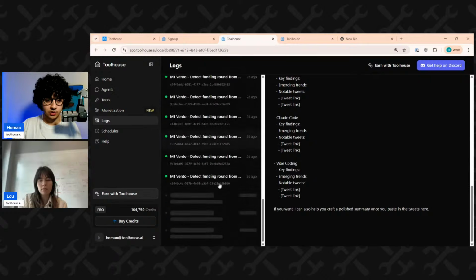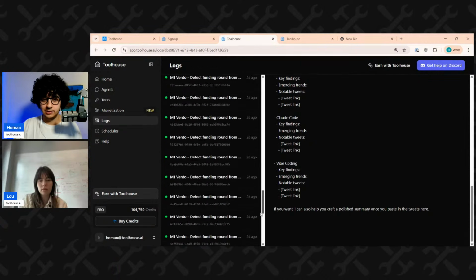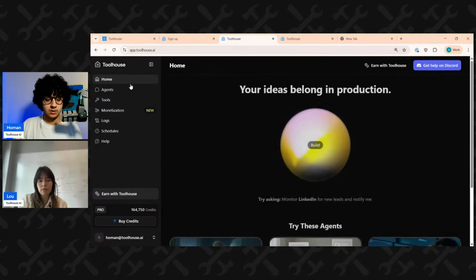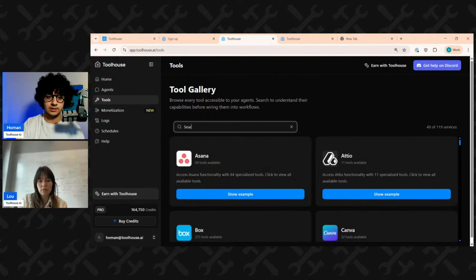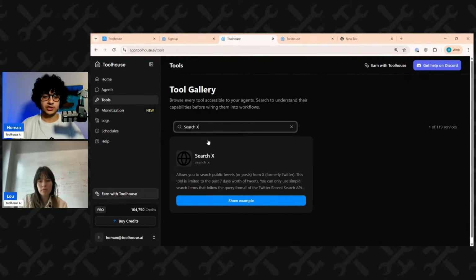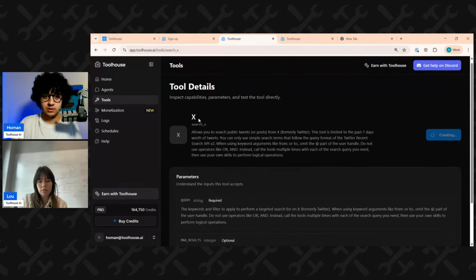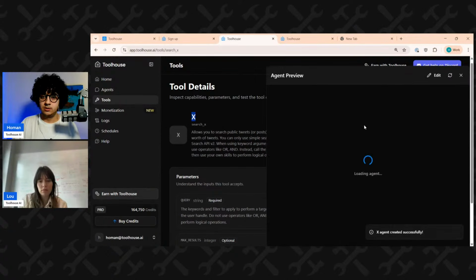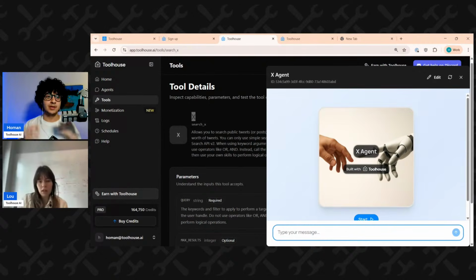I can probably show you a quick run from one of my agents that is using some tools. You know what? Actually, let's build an agent. Let's go to our tools gallery, same place I showed you. Type in search X. It's going to give us that pretty cool search X tool, and click on this button, build an agent with this tool. And boom, this is how fast agents get created on Toolhouse. Now we have an instance of that LLM with the tool